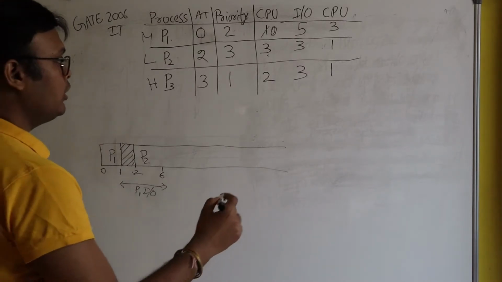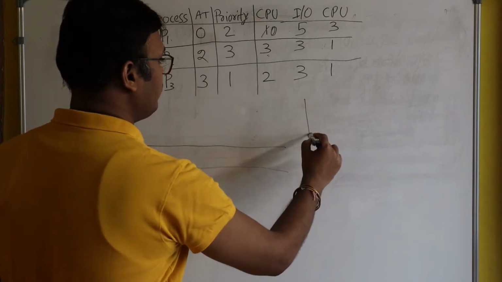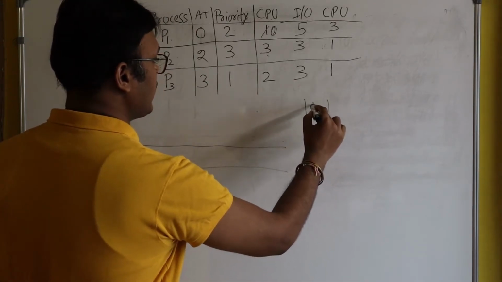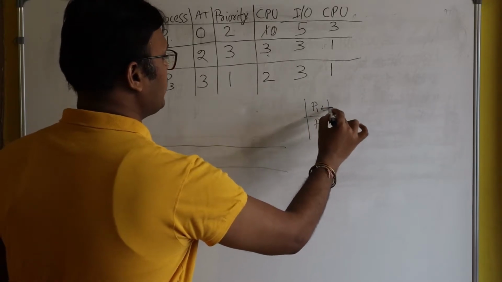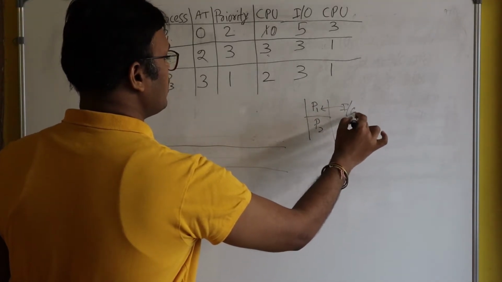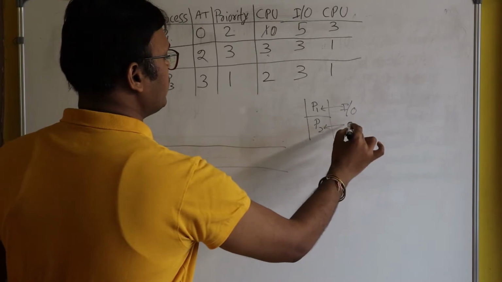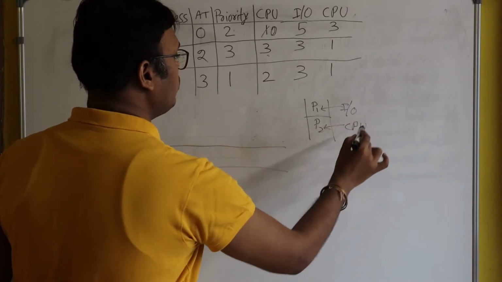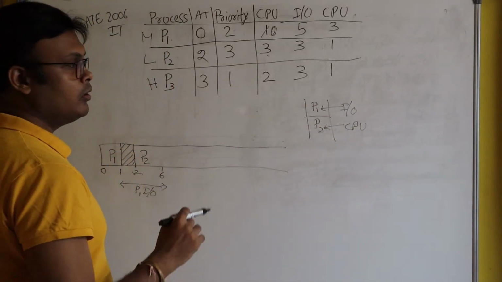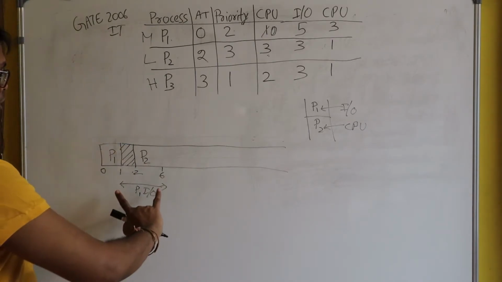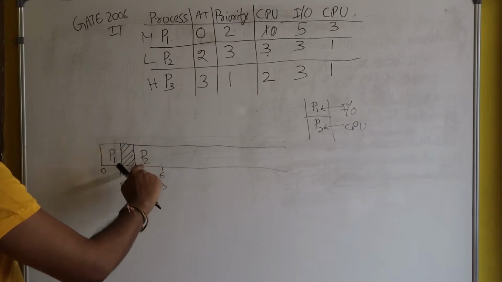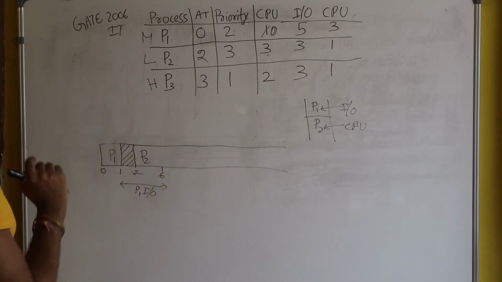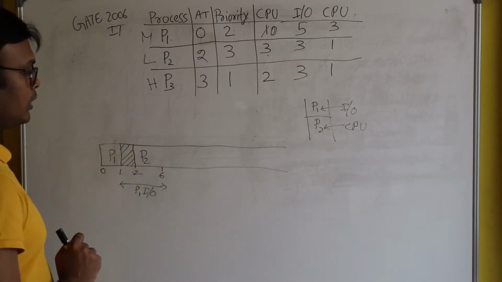For example, you see, I already told you that if in the main memory, suppose two processes are there, process P1 and process P2. If process P1 is busy with IO, at that time CPU can be assigned to process P2. Both will run parallelly, right? So no problem. So that's why, although here P1 is busy with the IO, we can assign CPU to process P2. Okay. Now you see,